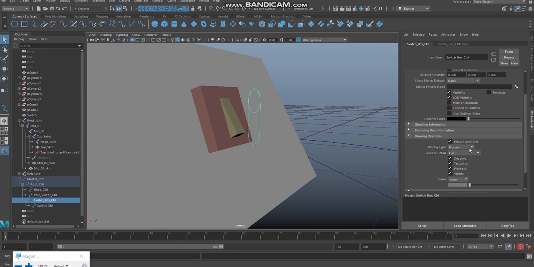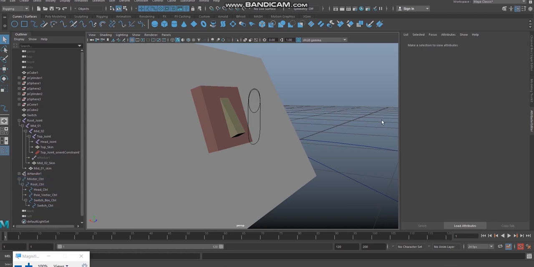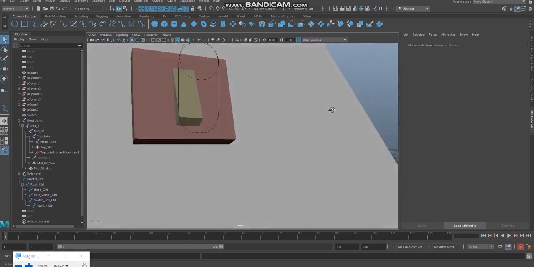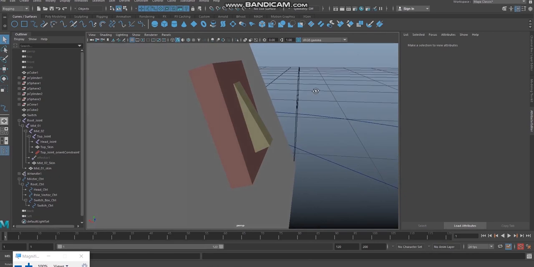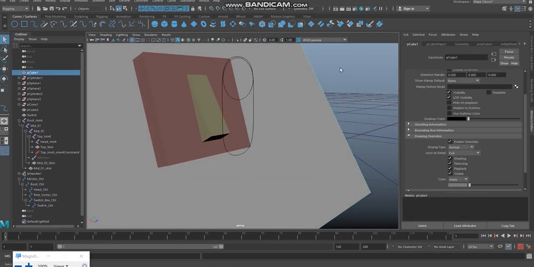I need to make it as a reference mode. Something should be there for understanding. That is enough. I need not turn or rotate it. So I'm making it reference mode. Click on this normal, click on this down button and make it as a reference. Okay. After making it as reference, you can see you cannot select it. It becomes black in color. The control becomes black in color.